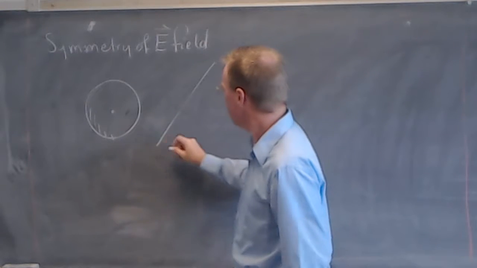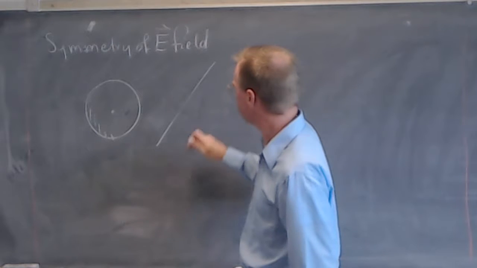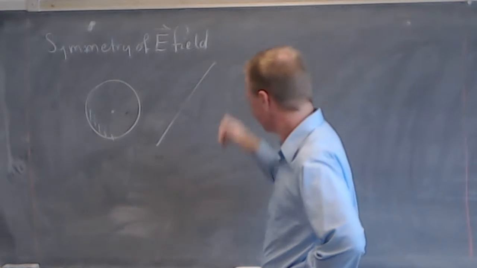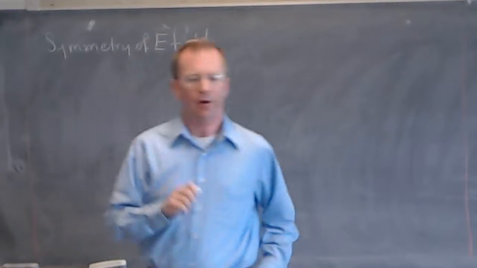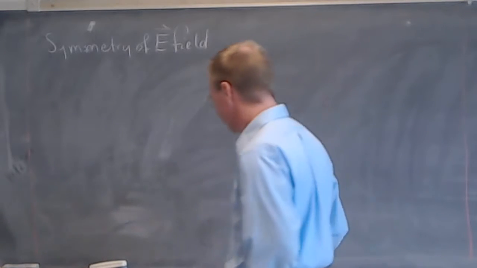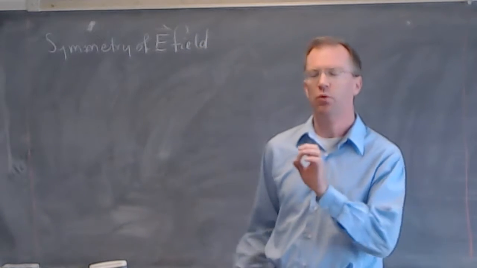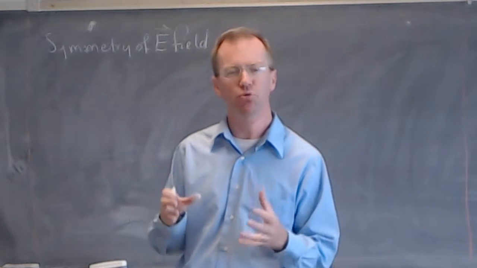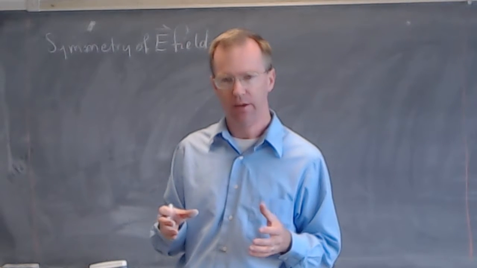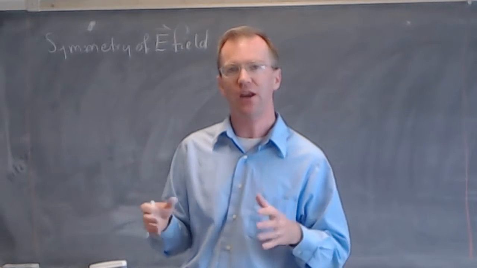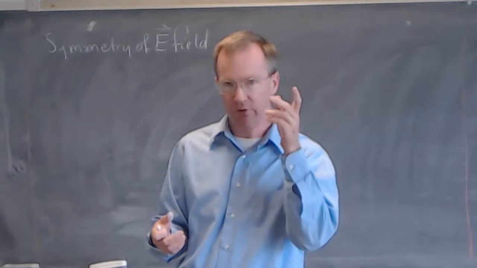A line, there's a straight line. All right. In physics, in geometry, when we talk about symmetry, we mean how can we move the object in a way, or change the object in some way, that doesn't change the result. For example,